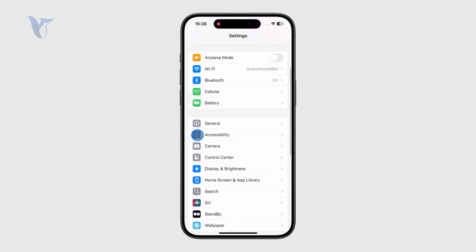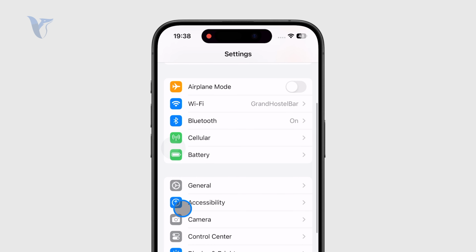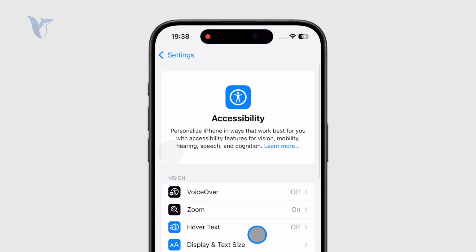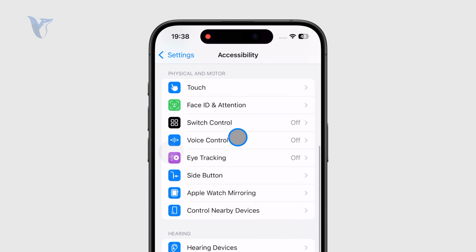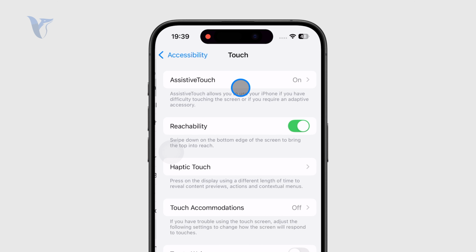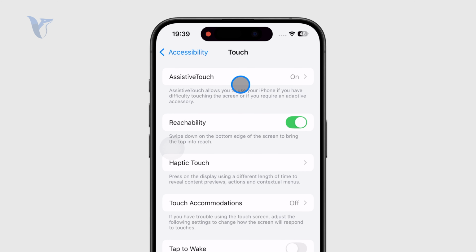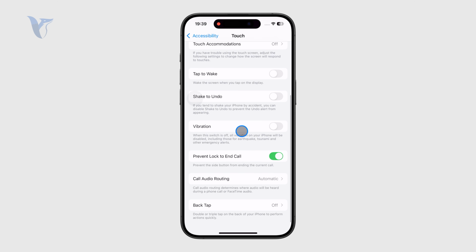accessibility section. So it is, as you can see, marked with a person icon on a blue background. So just get inside and from there find the touch section, which is part of the physical and motor. So when you get in here, obviously plenty of things to change and tweak, but at the bottom, the thing